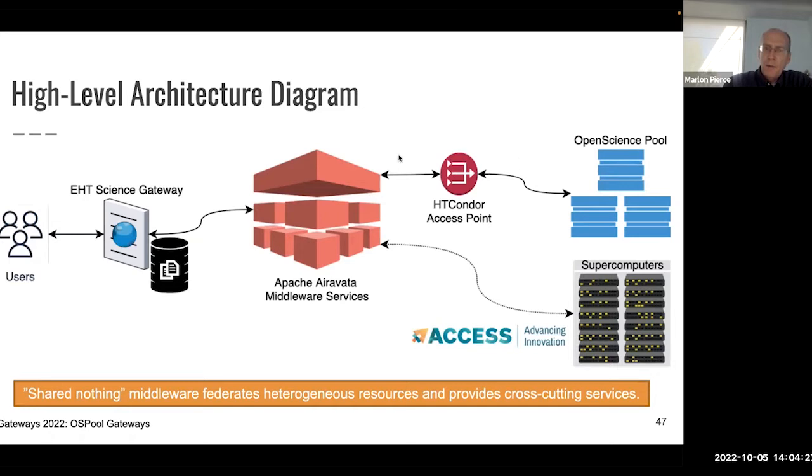And so basically, all of these things can be interacted with through middleware. In our approach in Apache Airavata, we use a shared nothing middleware, which means that the middleware sits on hosting VMs someplace that, in our case, we operate, and it can interact with machines at other places. It can interact with HTCondor access points or Expanse at San Diego and so forth. So we don't need anything installed on these remote resources. In practice, most of this means that we have to do SSH really well and really scalably and nicely and play well